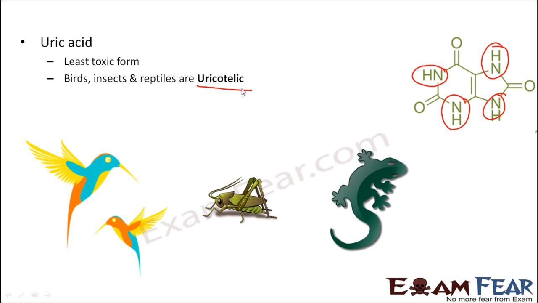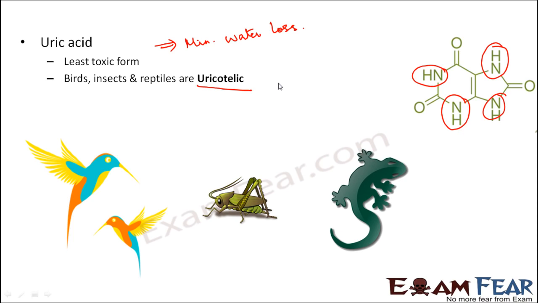So when an organism excretes in the form of uric acid, the water loss is minimum. So in this case, minimum water loss. Since there is minimum water loss, the form in which it is excreted is almost a solid excreta. For example, in case of ureotelic organisms, for example human beings, the excretion happens in the form